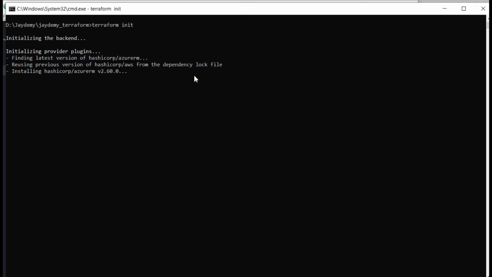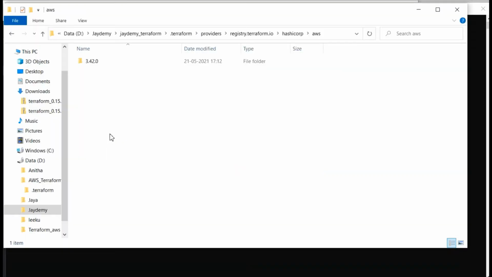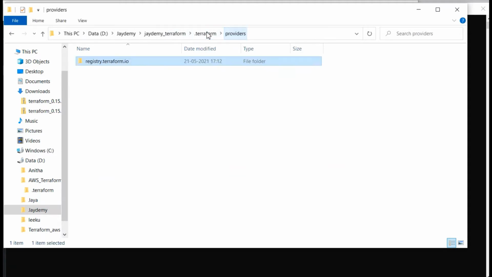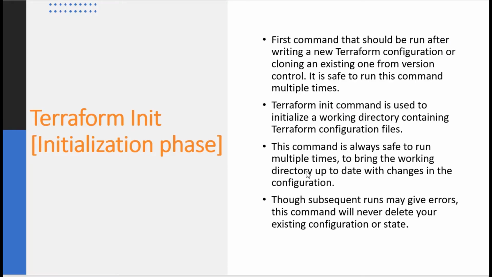Now it is trying to get the required plugins from the HashiCorp maintained Azure provider. It downloaded version 2.60 and this is successfully initialized. If you go one step back in the providers registry, HashiCorp, now earlier we only had AWS, now we have Azure ARM. This is downloaded to my local machine.